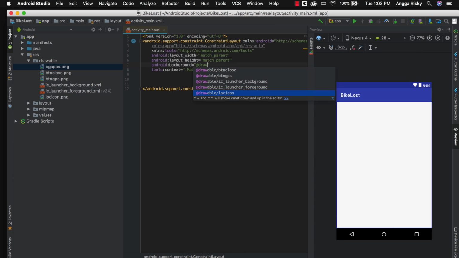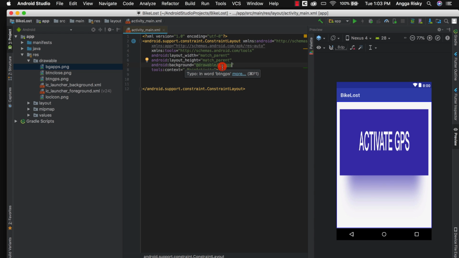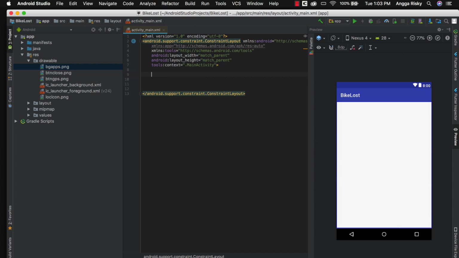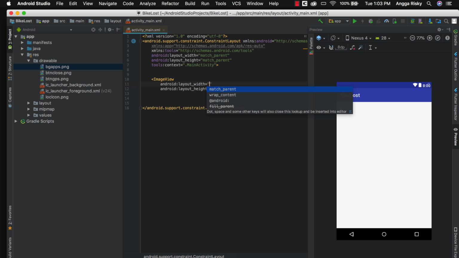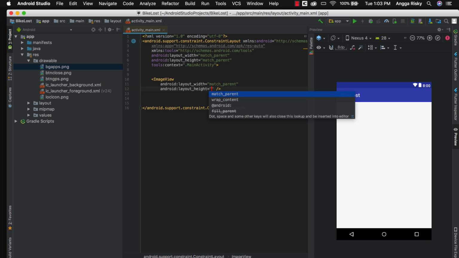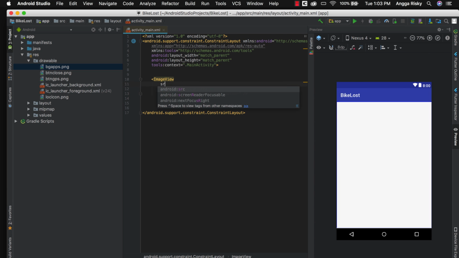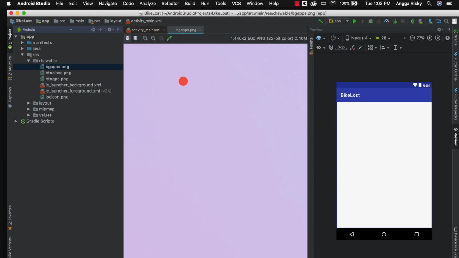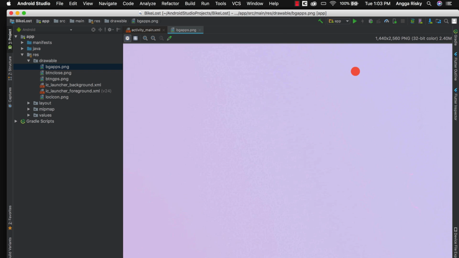Drawable and supposed to be background apps, right? I don't know why I'm not able to make this. Never mind. To make it easier, I will use an image view, image parent, and then source, drawable big apps. Why is big apps not working? Oh, sorry guys. I think it is because it's too big.